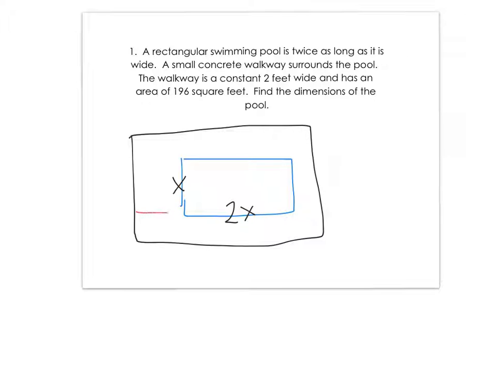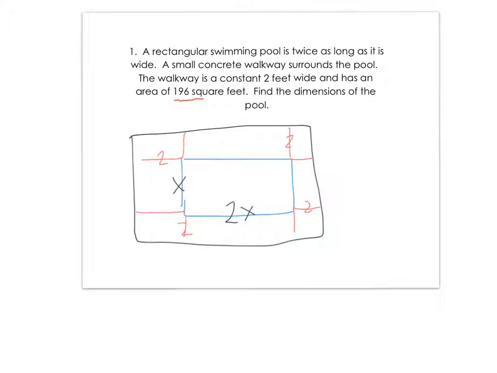Then I know the walkway is 2 feet wide. So I'm just going to label here the walkway. I'm just going to write in a few 2's to remind myself that they're 2 feet wide. And if I want to find the dimensions of the pool, I need to find out what x is. But in order to do that, I'm going to want to use this important 196 square feet info and set just my walkway equal to 196